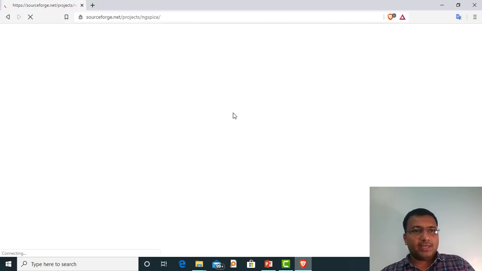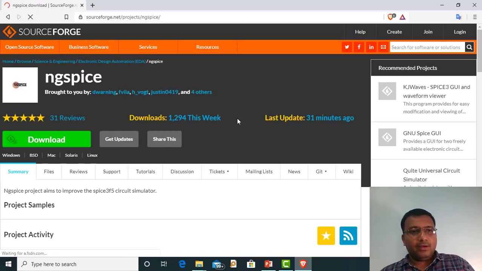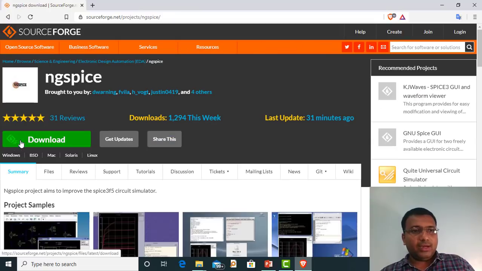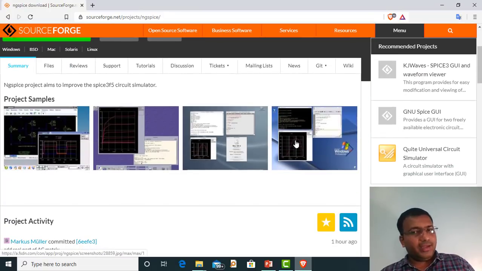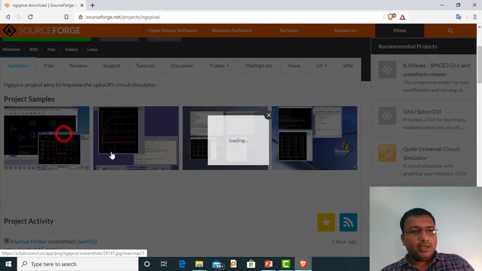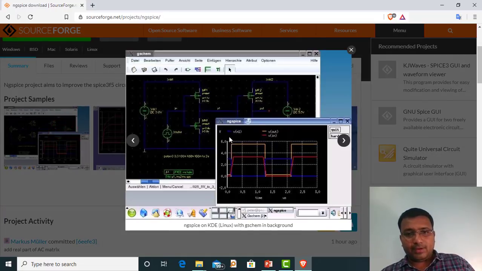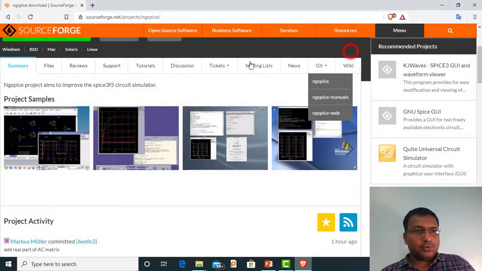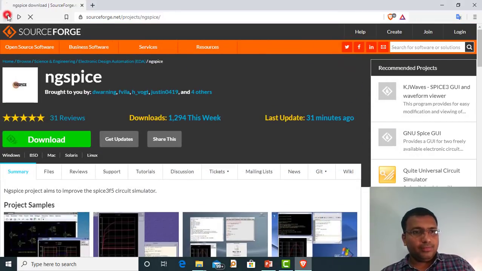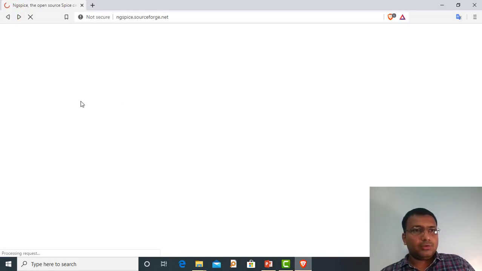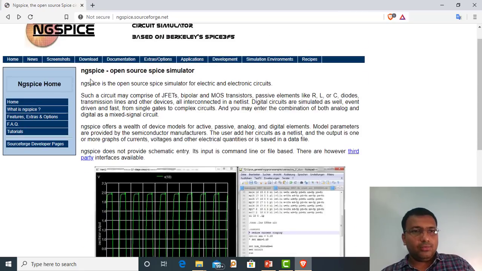You can look at the screenshots. We'll get a list of different screenshots available. Then you can download it here. These are the screenshots, so we can do graph-based simulation. Here it is like a rectified output. We'll have some MOSFET-based designs, and here's the circuit and here is the output. Also for the downloading option, there is a button known as download. Once I hit the download option,